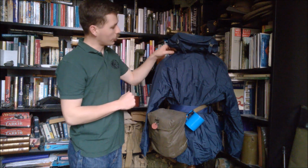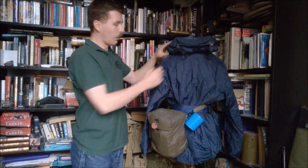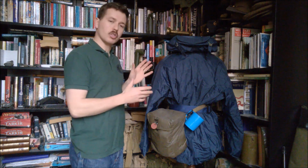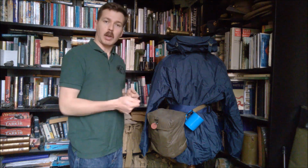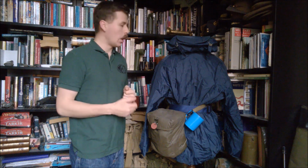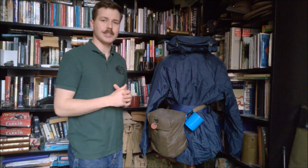The smock is also configured with Velcro epaulets at the shoulder there. Obviously officers already had slip-on rank by this point, but alongside the foul weather clothing, epaulets were produced for ratings. So a white epaulette printed in blue, which could be worn on the shoulder. You don't commonly see them worn in the Falklands, but they did exist at the time, and they were certainly